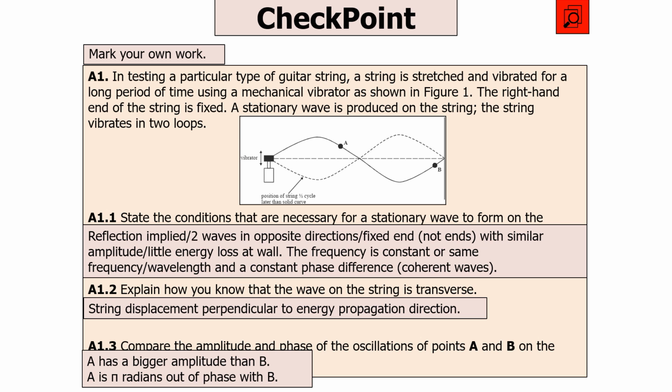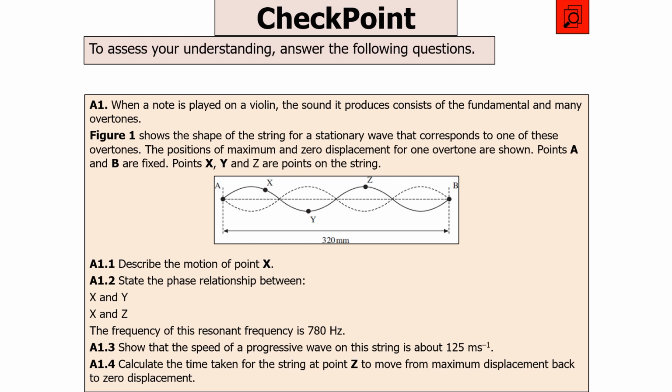So they've got a difference of half a wavelength, which when you put it into a phase difference is pi radians. The next question says, when a note is played on a violin, the sound it produces consists of the